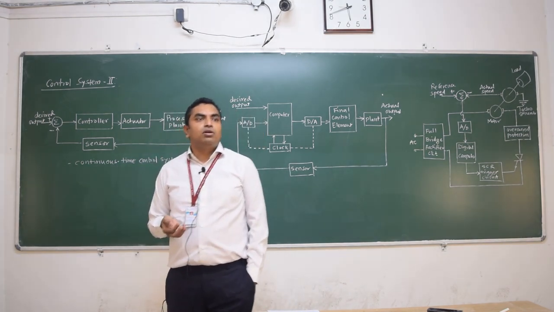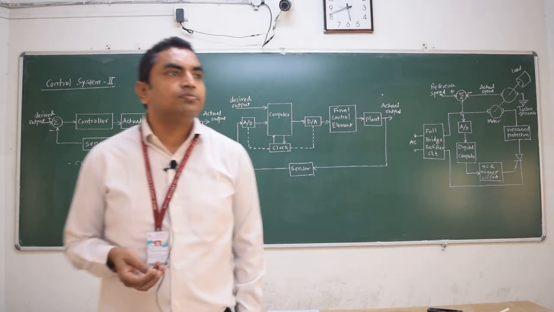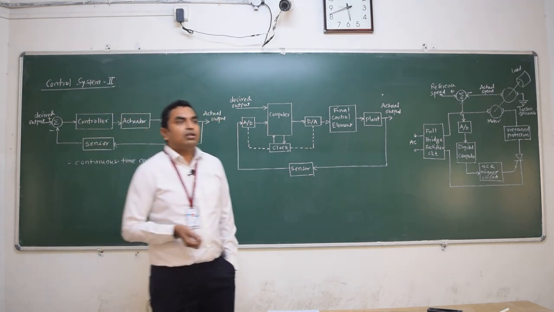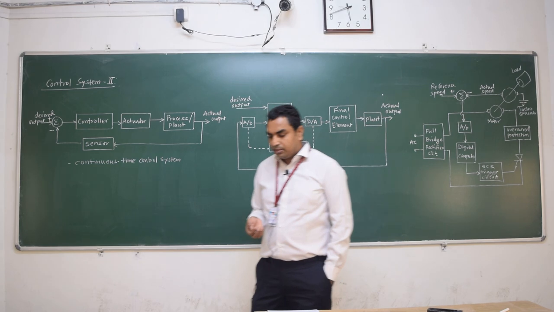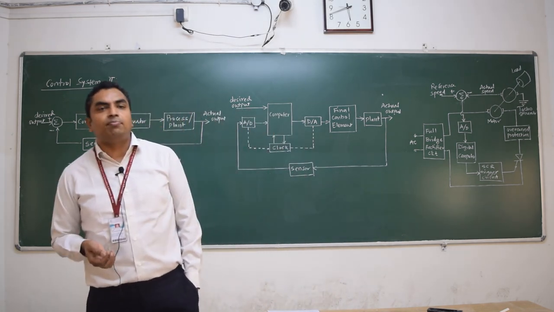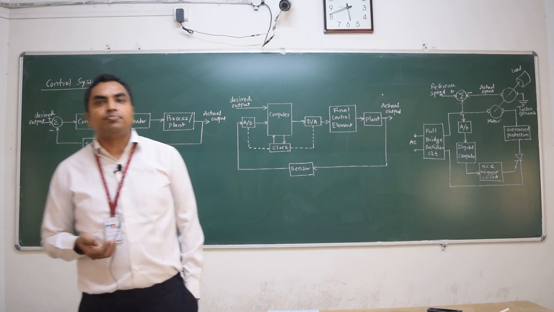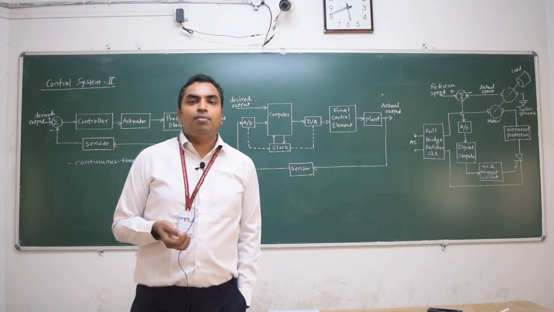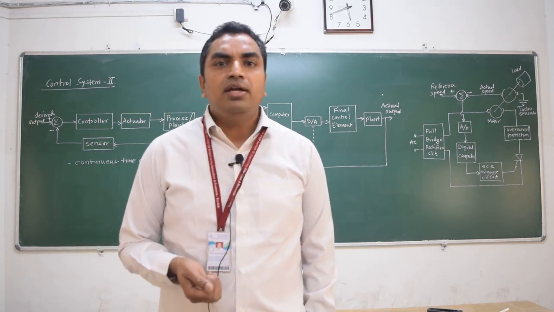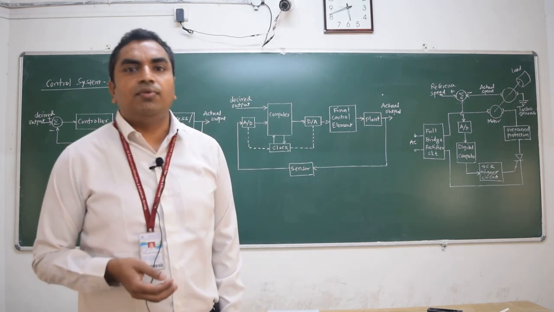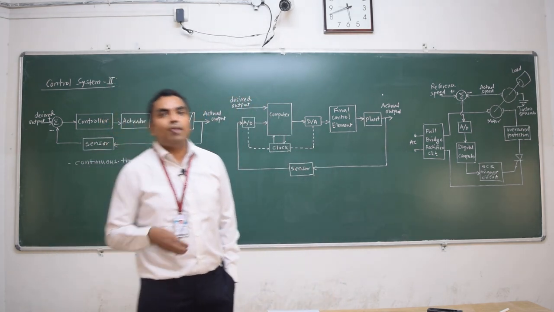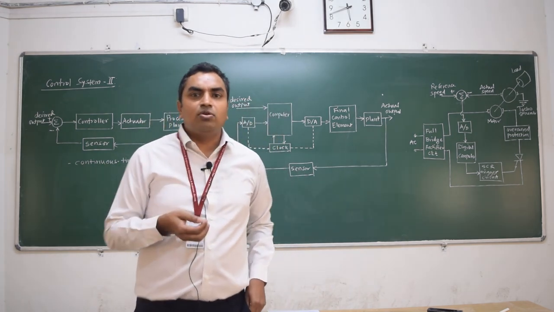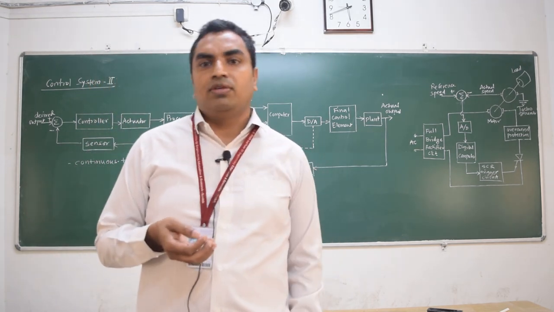So whatever we have covered is more about the basics of control system, and in this course we will talk about 2 important aspects. Now this syllabus is divided into two different parts. The initial 3 units talk about the discrete time system. Unit number 1, 2, 3 we discuss about the discrete time system, and rest of the 3 units, that is unit number 4, 5 and 6, again we go back to the continuous time control system, and in that case we talk about state space analysis and designing the controllers and observers for the system.